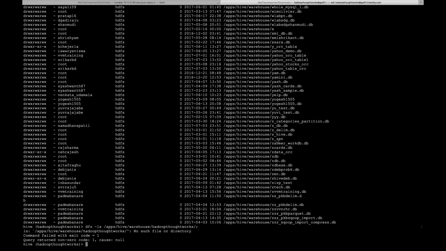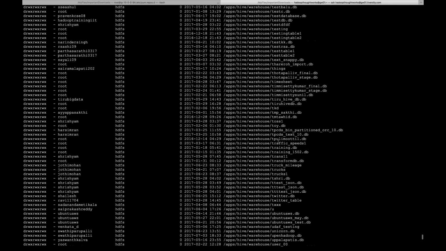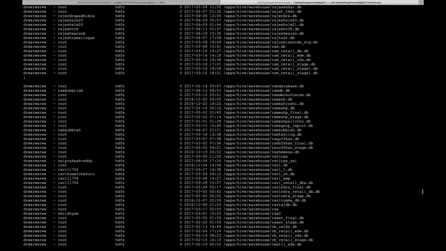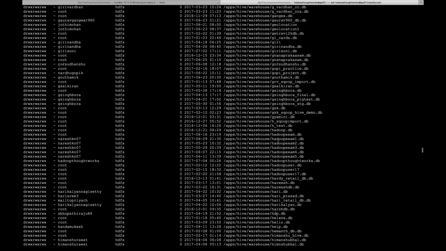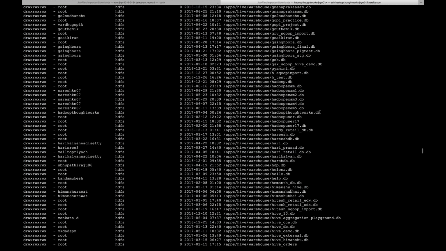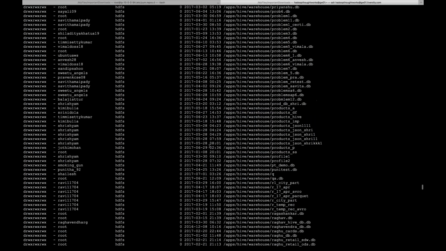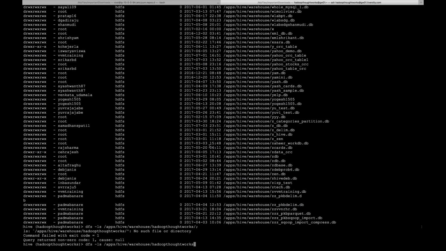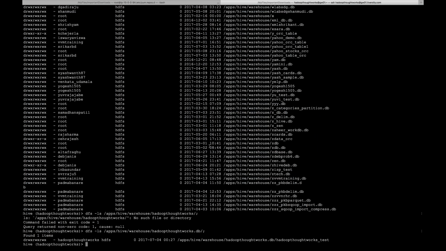One minute, let me check that. Do you see here? Do you see Hadoop ThoughtWorks.db? Now if I go into that one, I'll be able to find my Hadoop ThoughtWorks.db. Do you see that? In Hadoop ThoughtWorks.db, you have a table called Hadoop ThoughtWorks test. Now if I say dfs minus cat,